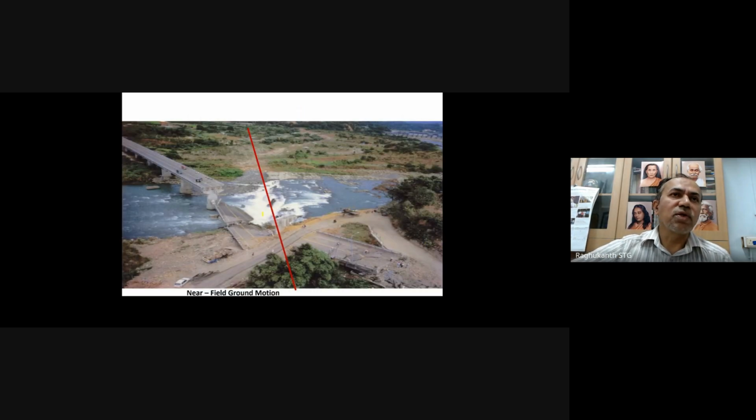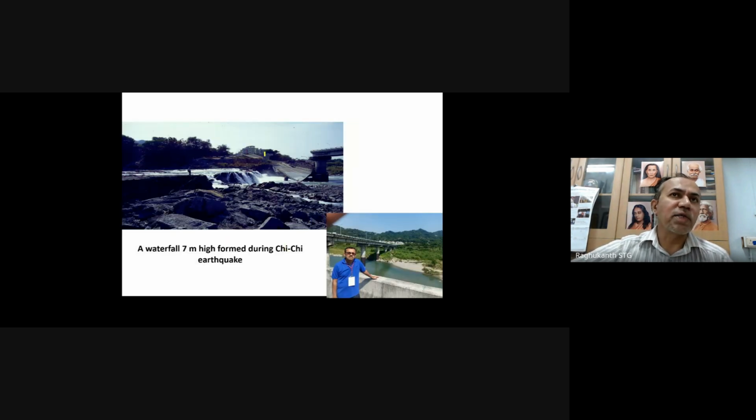You can see this bridge also. So this bridge is crossing the fault. So during this Chichi earthquake, this portion had a height of 7 meters. So you can see the buildings are all fine, but because of this fault displacement, this girder collapsed. Now the same bridge, there are no cracks, nothing has been observed because of this fault displacement. So this bridge has collapsed. Now they have repaired this bridge, the same bridge only, but new girders have been put up. Now you can see this girder was previously straight, now it is inclined